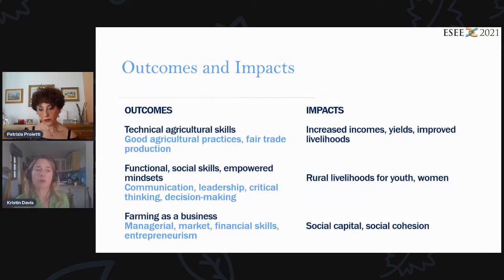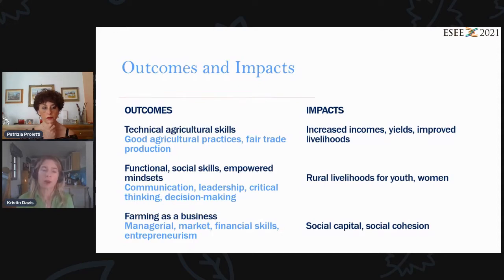What we saw in terms of the outcomes, the human capital, remember, and the impacts, the results of that human capital generated. In the 9 cases, plus these different boxes, there are about 11 boxes that we looked at, we saw that the investment program led to technical agricultural skills, whether it's good agricultural practices, post-harvest handling, things like seeding and pruning, composting and harvesting. We saw, for instance, in the Indonesia case of farmer field schools, this happened as a result of the program that was investing in the human capital.